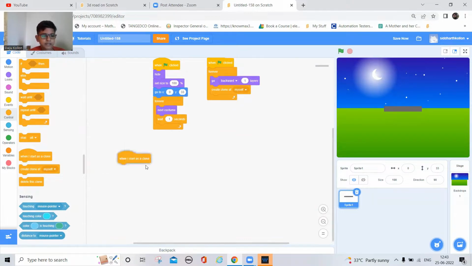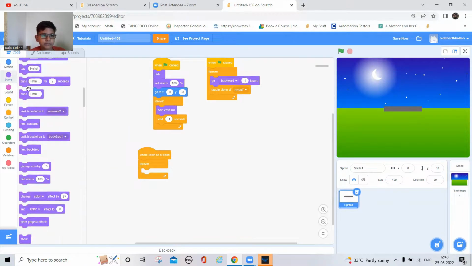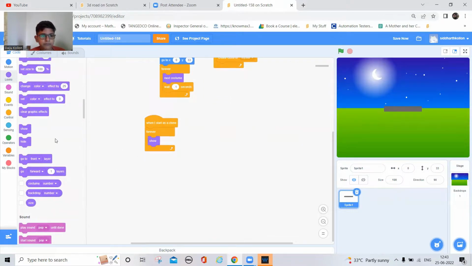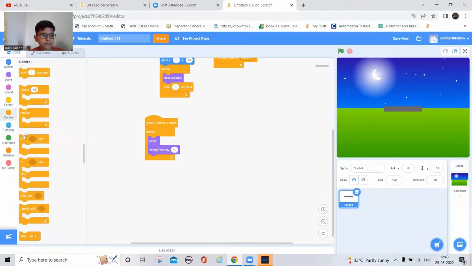Now when I start as a clone, forever, it should show, change size by 10 and then take an if block and if